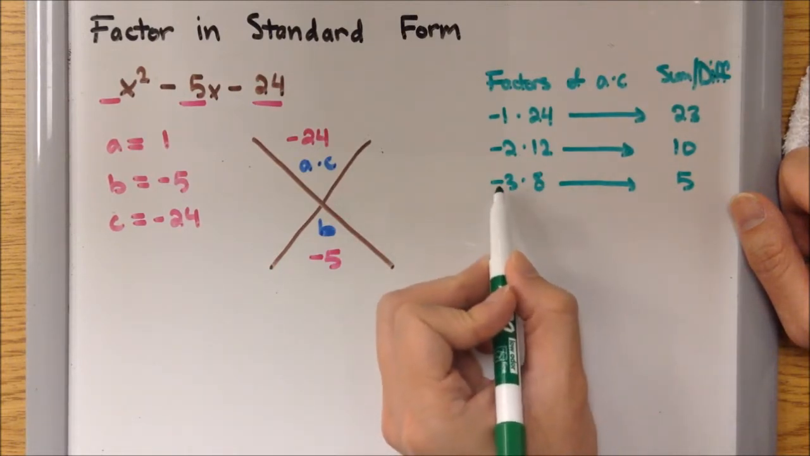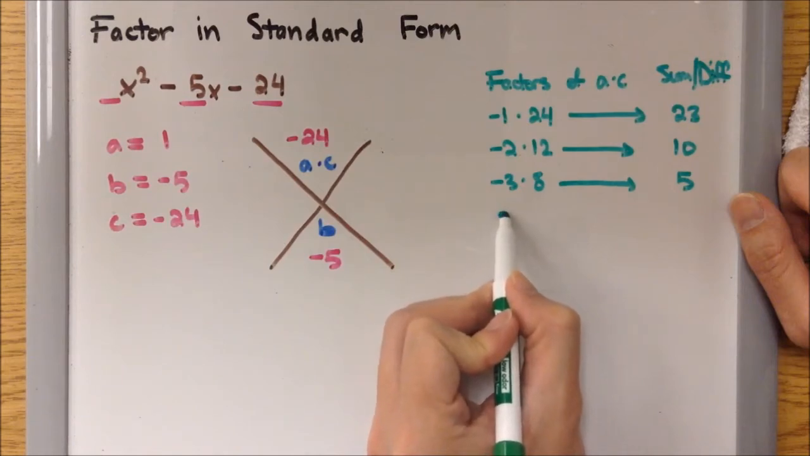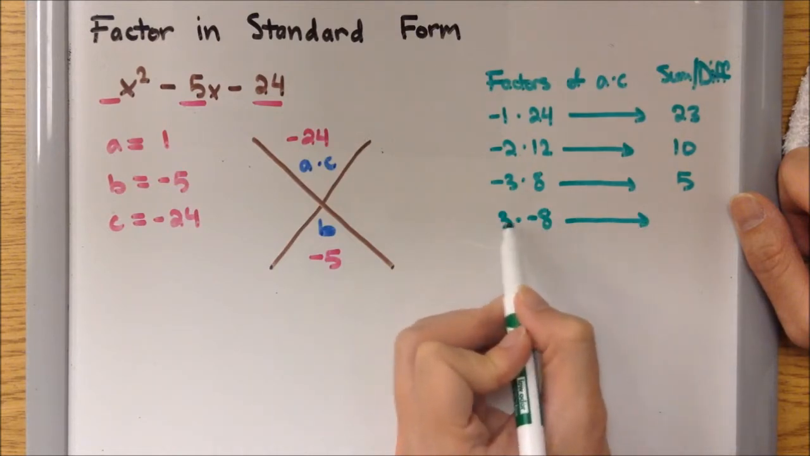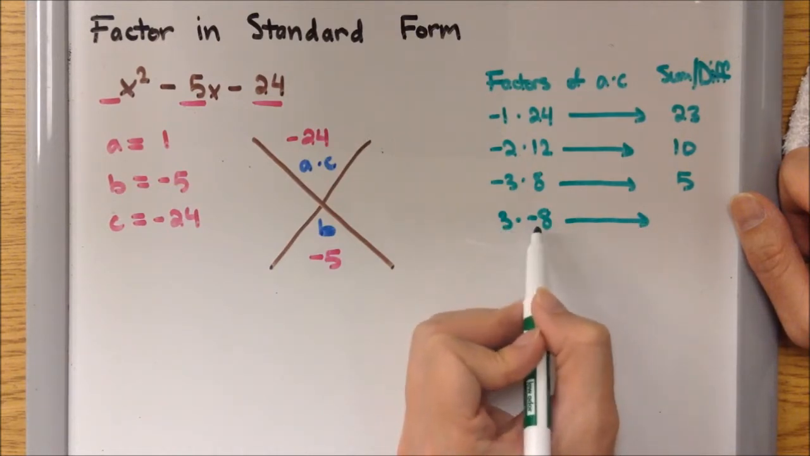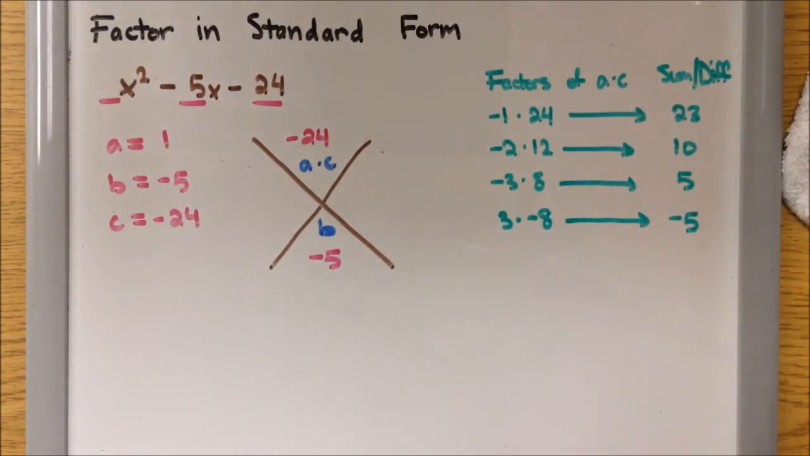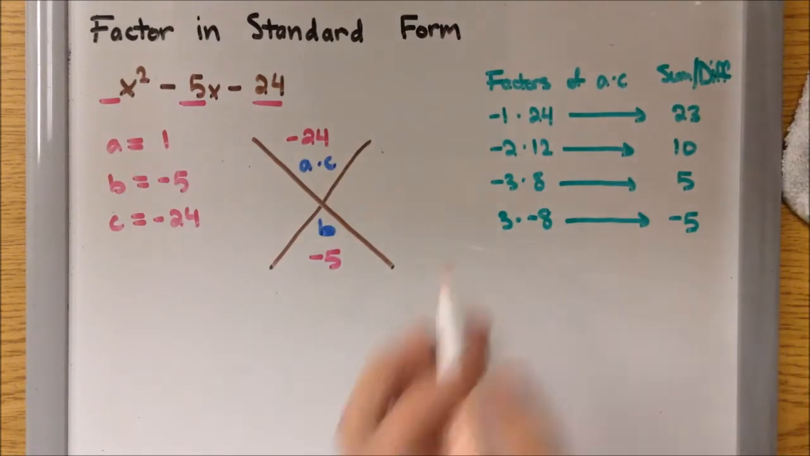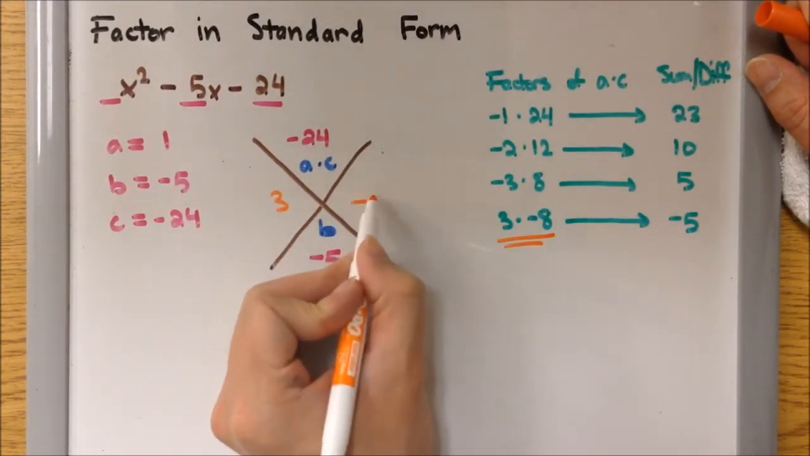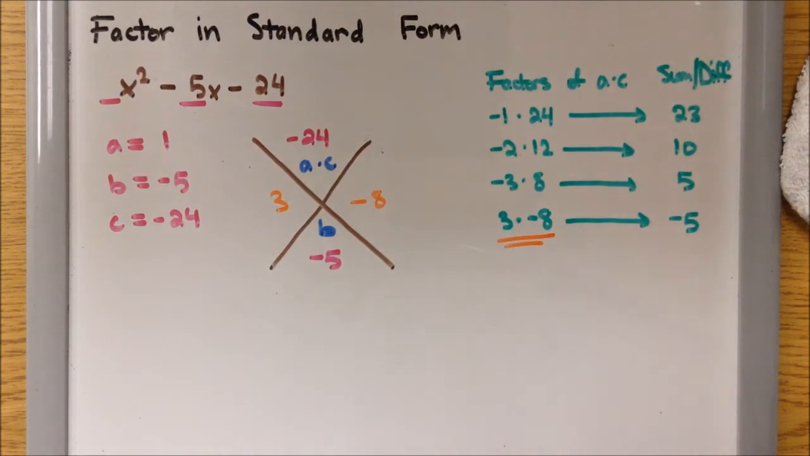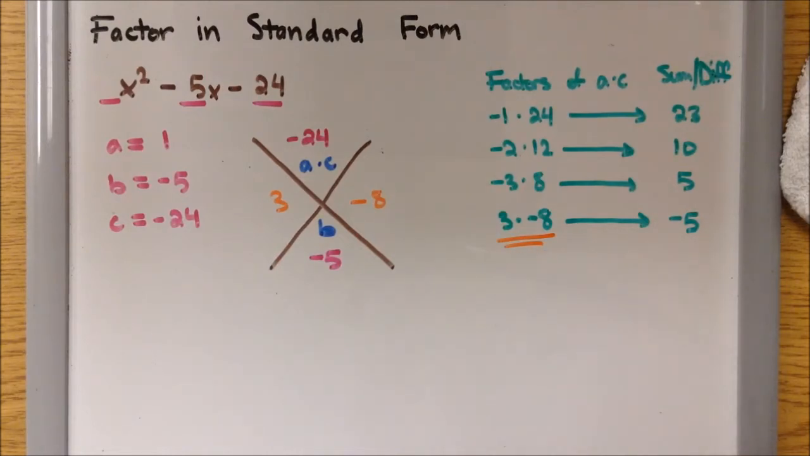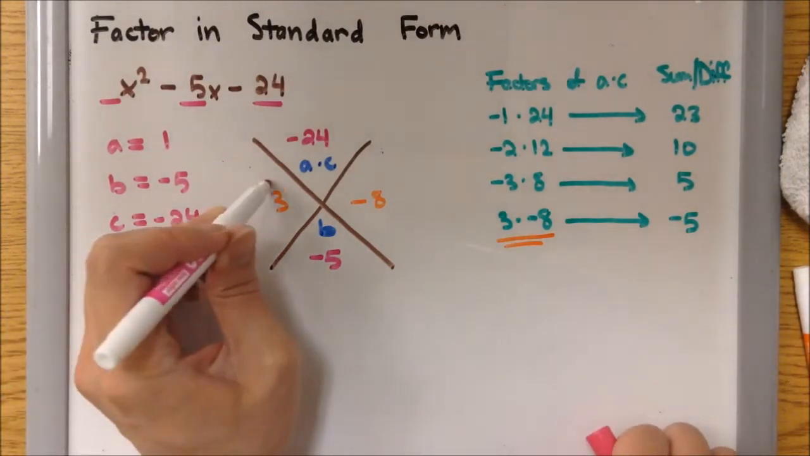So what happens if I switch the signs? Instead of -3, +3 times -8. If I find the sum and difference between these two numbers, +3 and -8, it would be -5. So these two factors right here are what I'm going to use. 3 here, negative 8 here. It doesn't matter if you put the negative here or the 3 here, just as long as I'm using the correct factors. Now once I find the proper factors, which are these two,